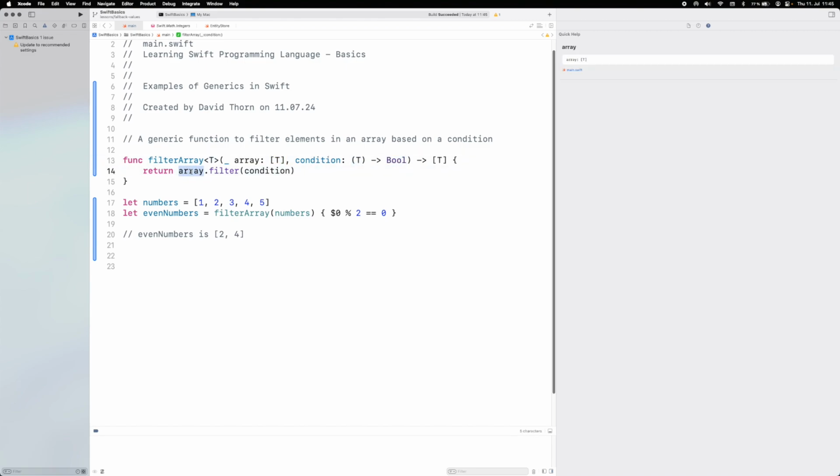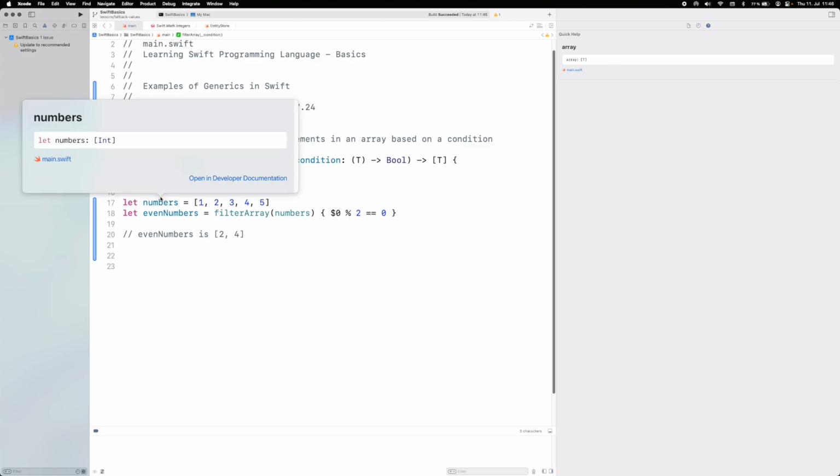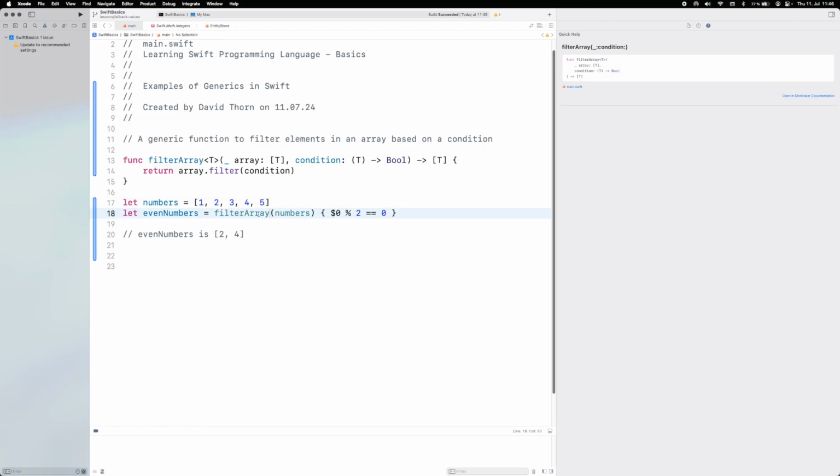And in here, we are basically just going to use the filter function. And we've seen this in other videos as well. So we're going to say array and then filter based upon the condition. And so here, when we use the usage, we've got a collection of integers, and filterArray, we pass in the numbers, and then with the trailing closure, we can check to see whether or not they are actually even